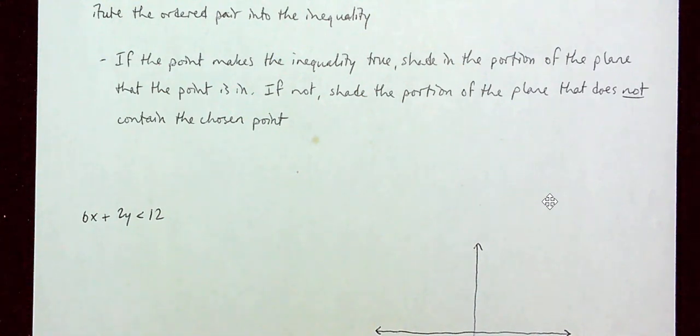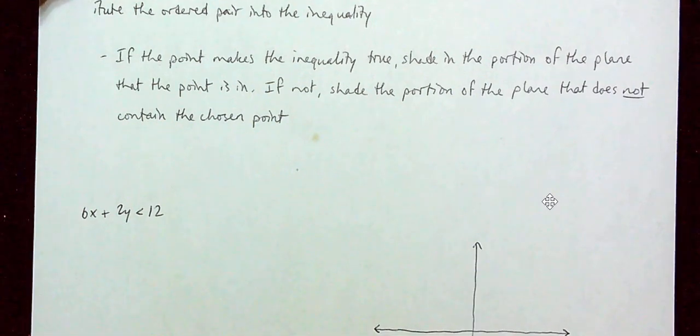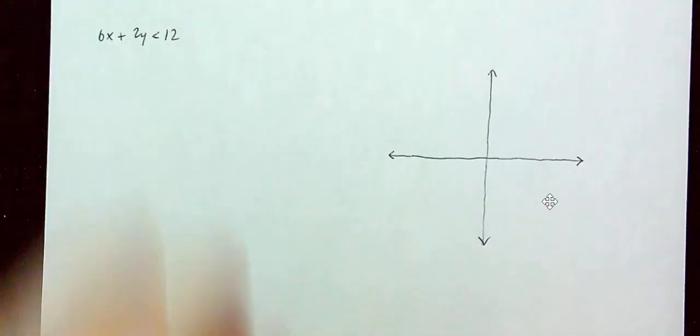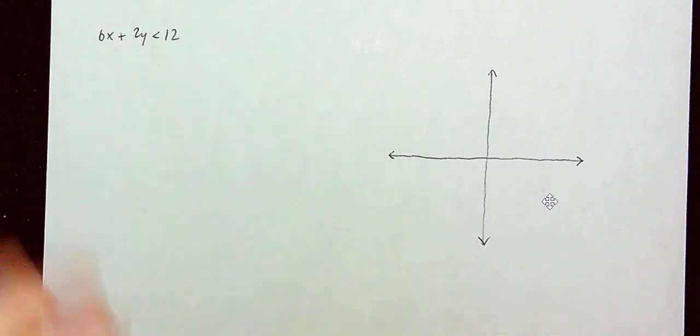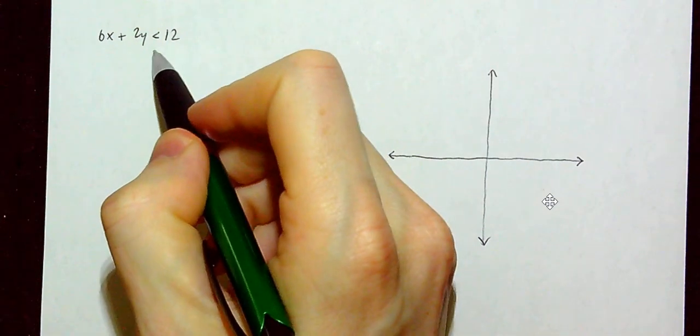So let's look at one sort of basic sample here, and then we're actually going to bring in our graphing calculators into this video, and we're going to see how we can visualize this a whole lot nicer with the use of our graphing calculators. So here I have a very simple, a very basic linear inequality in two variables. 6x plus 2y is strictly less than 12. First thing I have to do, I have to make this less than sign here an equal sign,